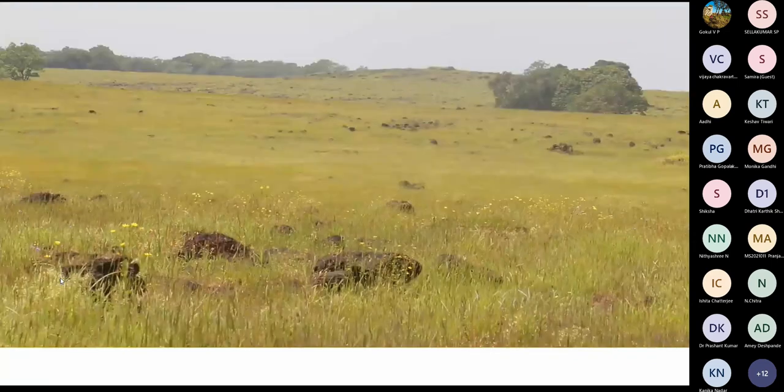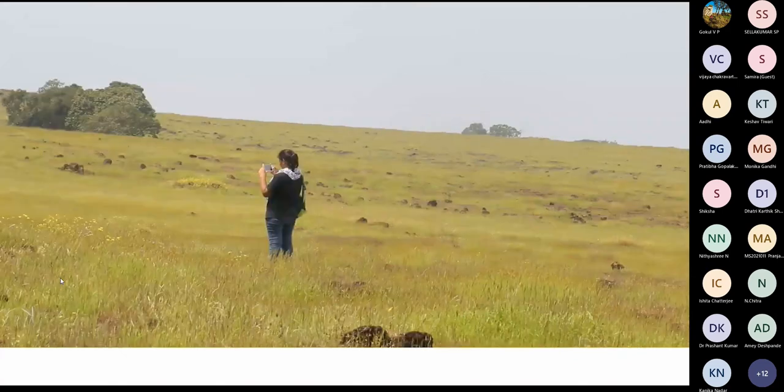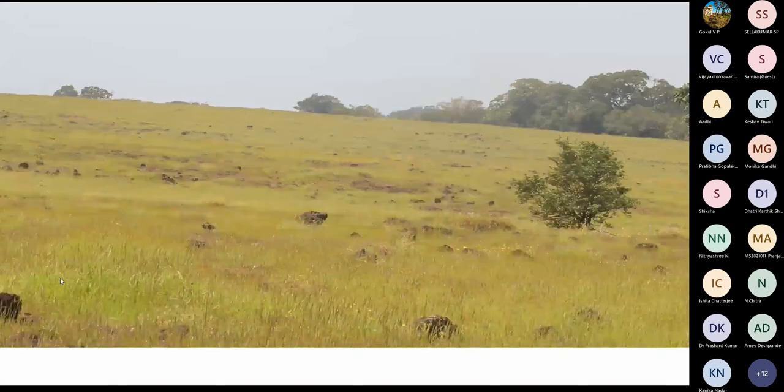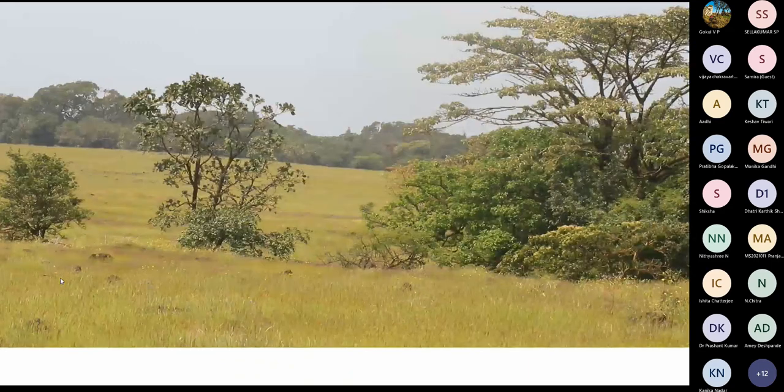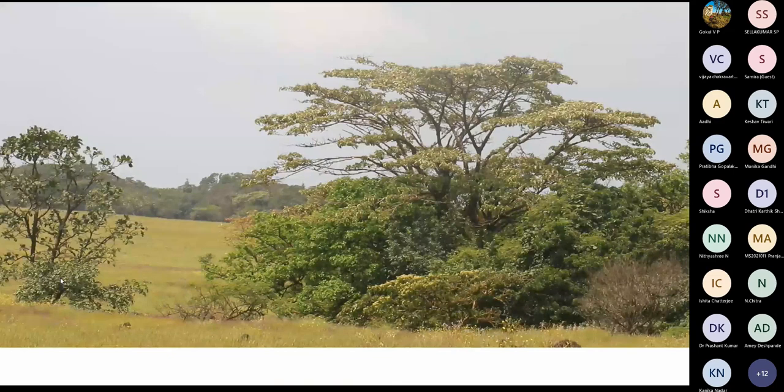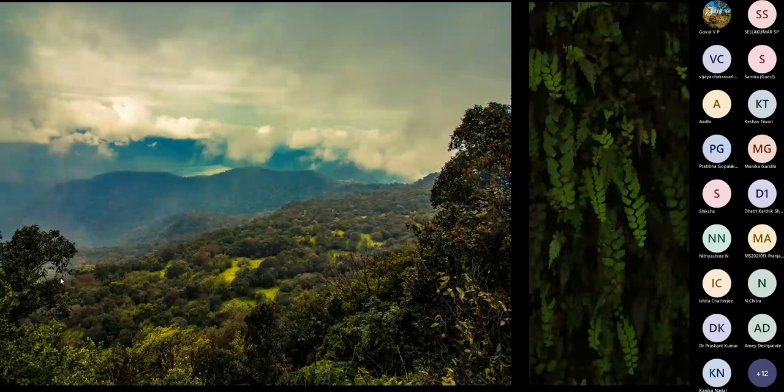And there are lots of insects, butterflies, large mammals such as tigers, gaur that are found in this landscape. So to give you a better idea, if you look at these light green patches in between the clumps of trees, those are the grassland patches, and the vast matrix is the forest, which was a mixture of evergreen and moist deciduous forest.